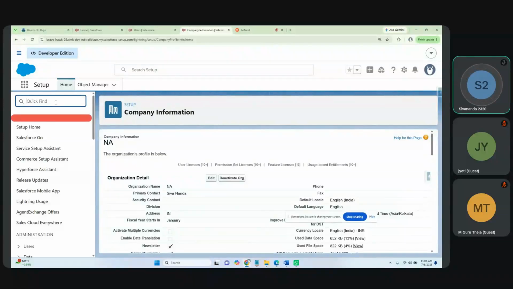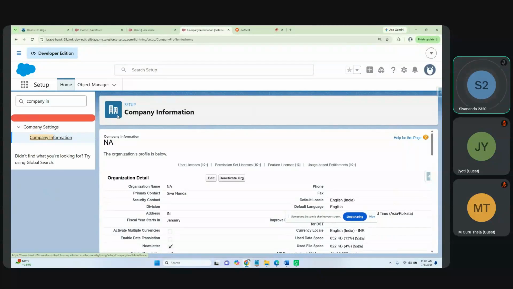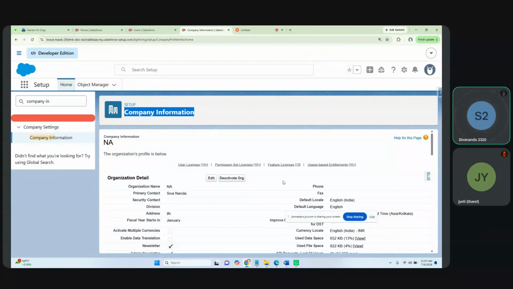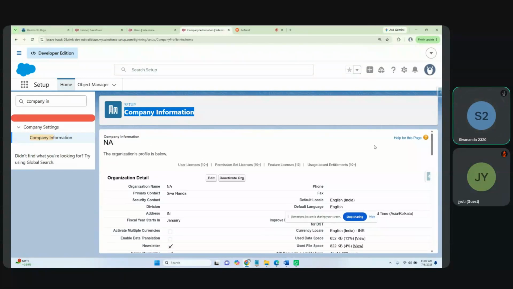I'm in the setup. Okay, so I went to the company information. Okay, and I click on it. So this is the company information user interface. So what does this company information tell us? For example, whenever we create a new org,